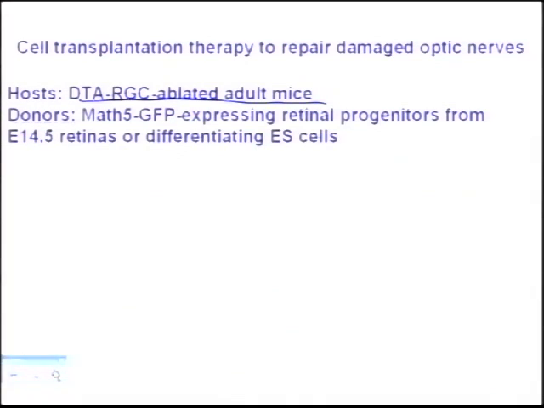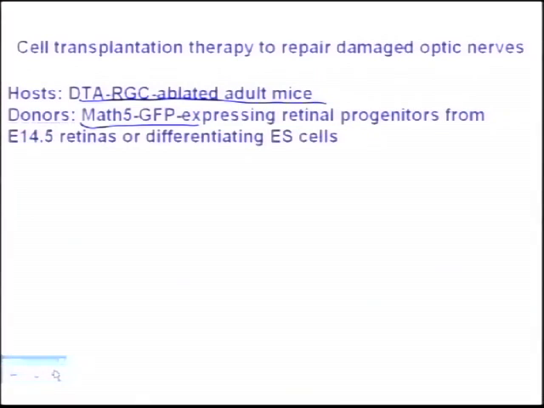We have two ways of doing this. We've created mice that have a MATH5 GFP allele, so they express GFP in the MATH5 locus, and so stem cells or progenitor cells derived from these mice will report in green just cells that are MATH5 expressing cells. So we can isolate MATH5 expressing cells. And those are the progenitor cells we want, because I've just shown you in the last hour and a half that those are the cells that are going to give rise to ganglion cells. Those are the top of the hierarchy in our gene regulatory model.